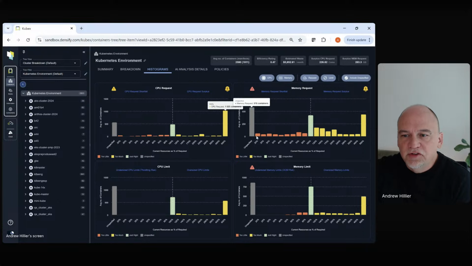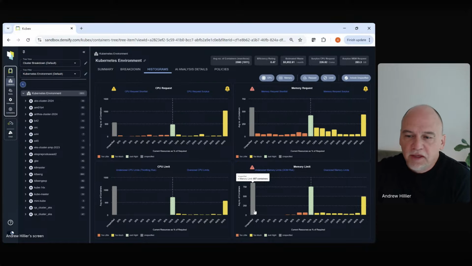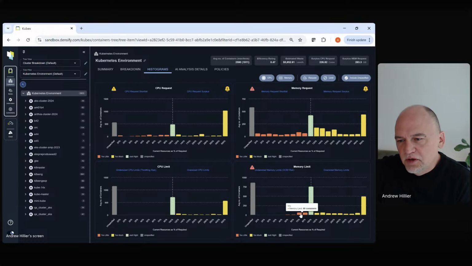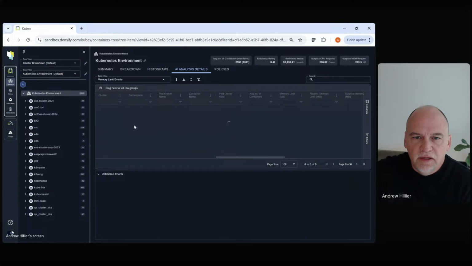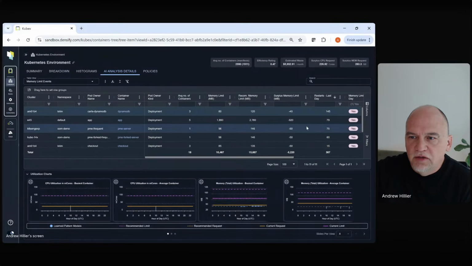There's cost, there's risk, and then these limits. The gray bar, you described this very well. If you don't give something a memory limit, it can take over a whole node. And we've seen that happening. We've caught that. So you want to give everything a limit. And even more evil is things that have a limit that's too low. So let me drill on this one very quickly and show this, because this is the one that almost becomes the most interesting. Cost is important, but if I have things hitting their limit, we're saying I actually have containers that are hitting their limits and restarting. And I'm going to go in here and just show that very quickly.